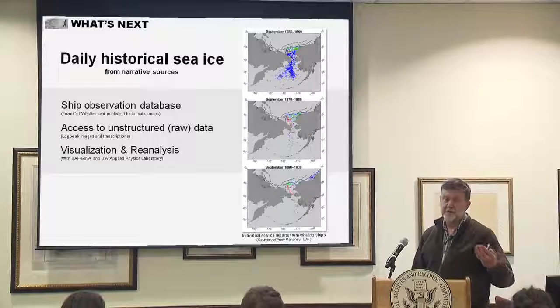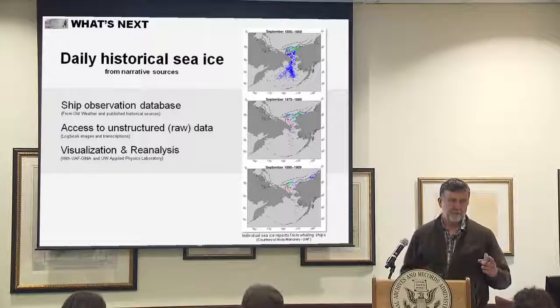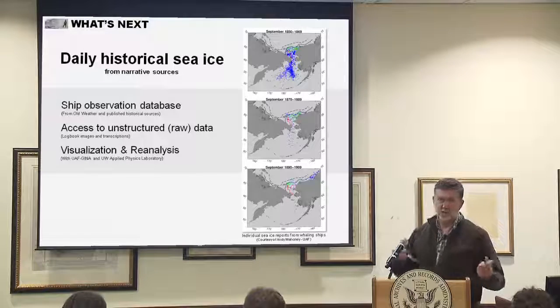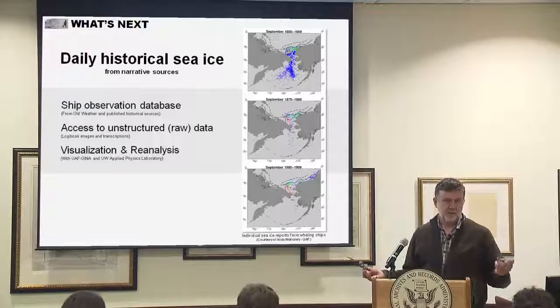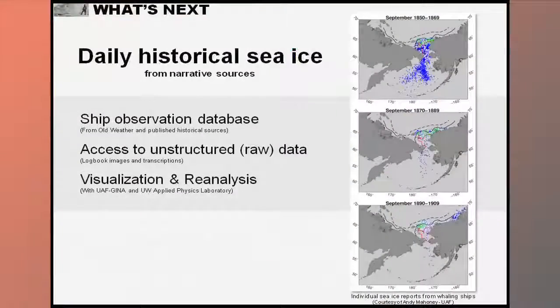They were looking at whales, but all they had to digitize with in the 70s was IBM cards. And you can't key punch a description on an IBM card. So we know where ice was and where it wasn't, but we don't know anything more because that data couldn't actually be ingested back then. So we're going back imaging and doing an unstructured transcription project on the sea ice observations, which will then allow us to build a database related to this unstructured data, which then will build some sort of visualization and reanalysis